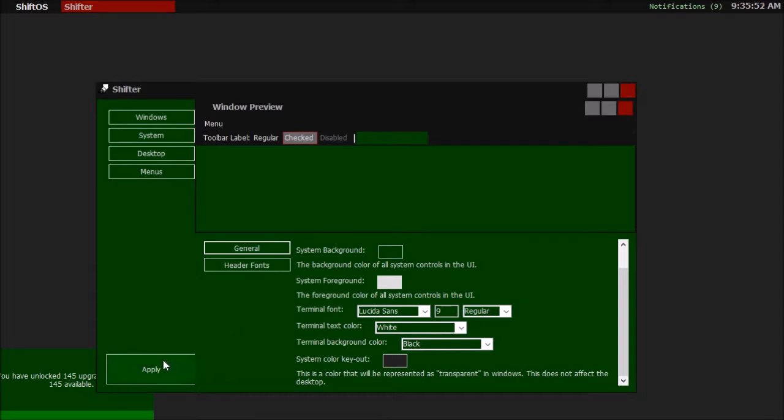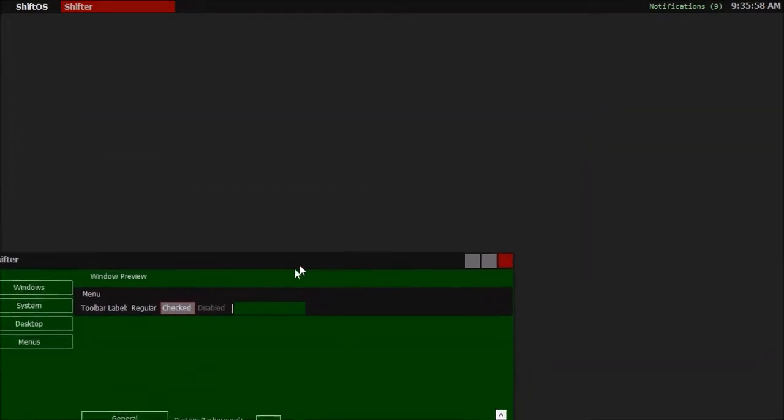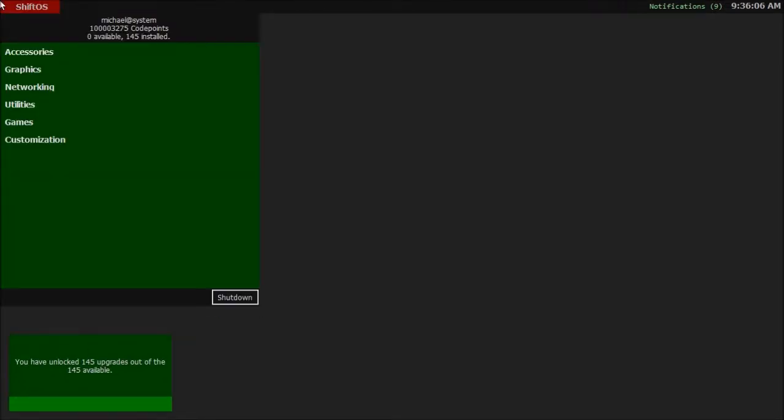So if we hit apply, you'll notice that everything is still normal. And I hope you guys heard that infobop sound. That is still here. It's still the same one from 0.0.x, that hasn't changed. Anyways,